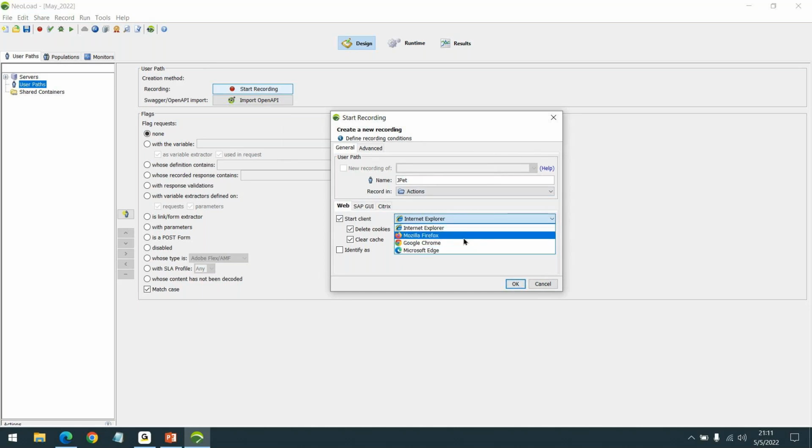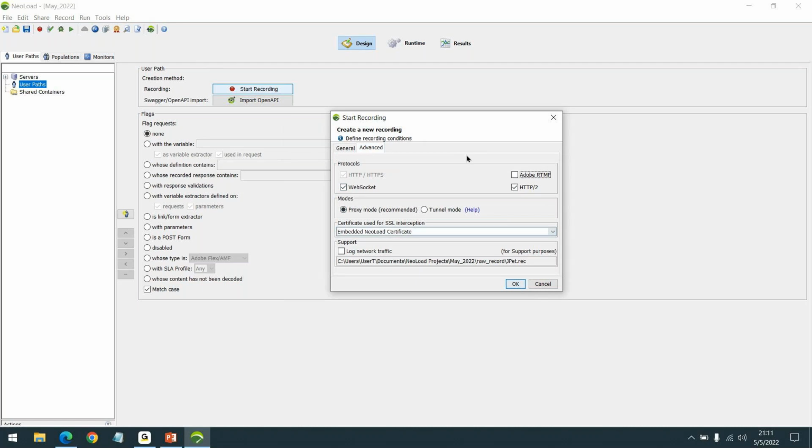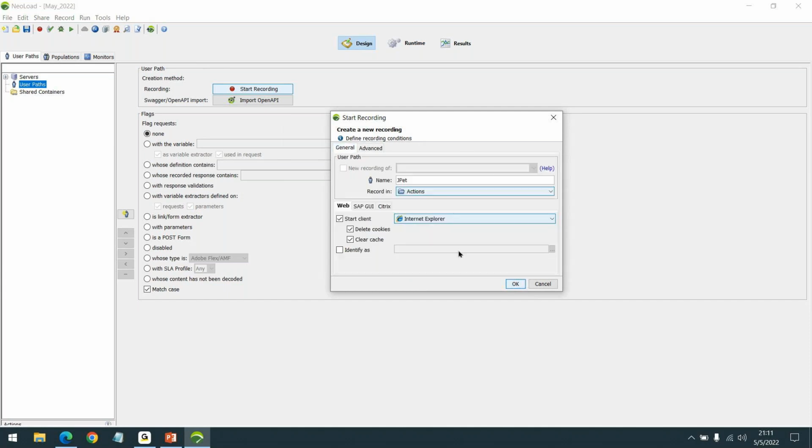For now, I will continue with Internet Explorer. There are also advanced settings, which we will discuss as we progress. So let me start recording.